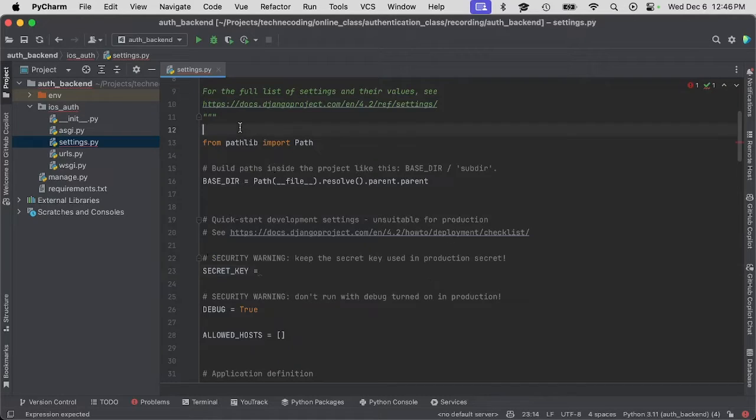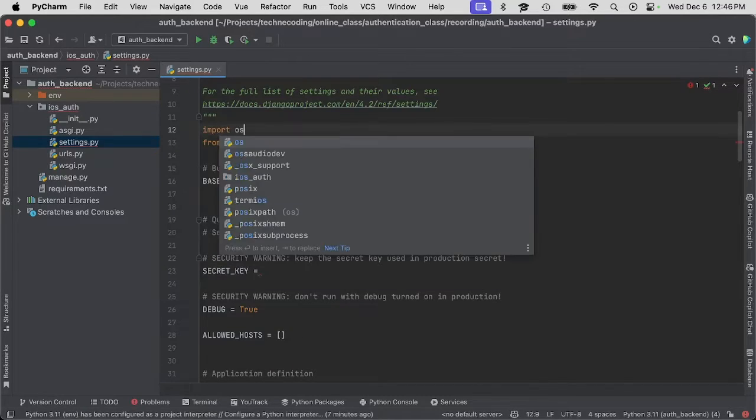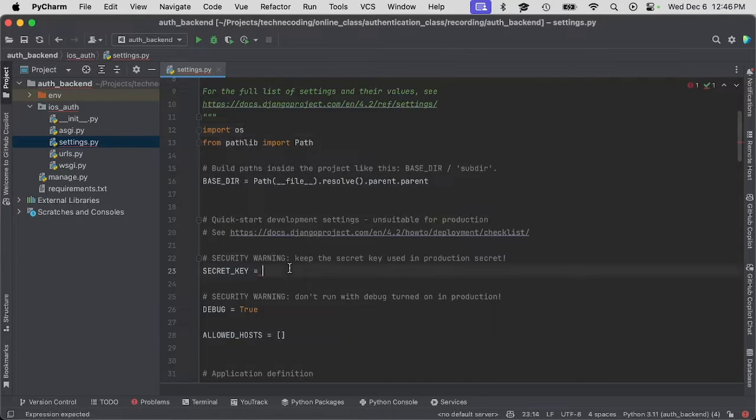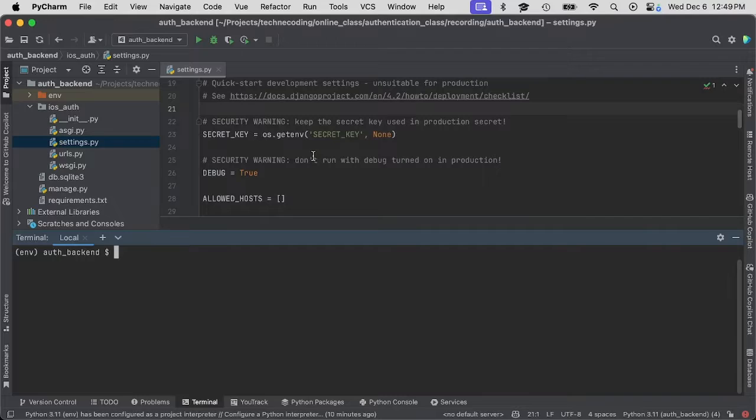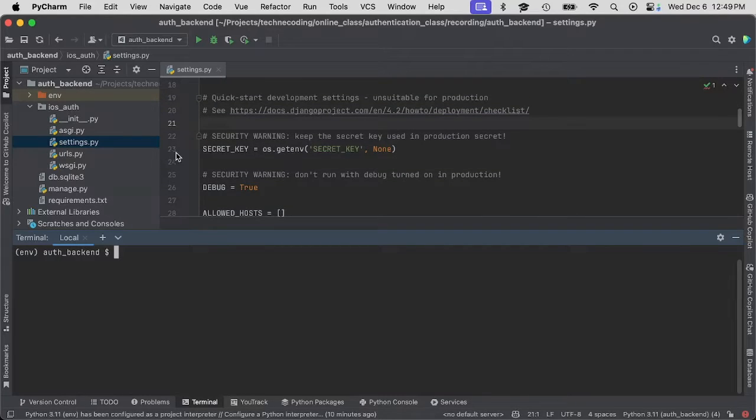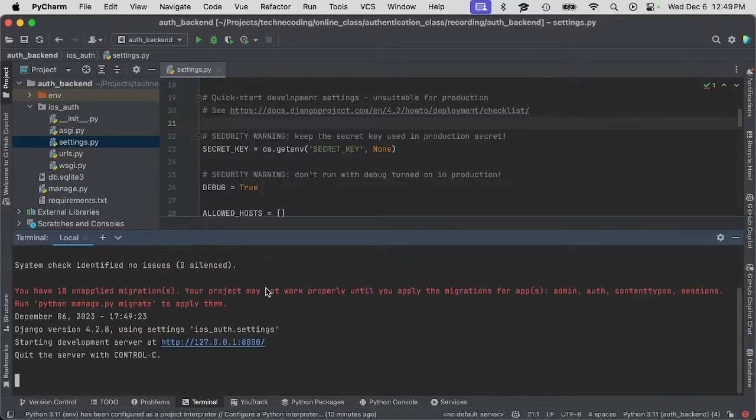To do that, we need to import the OS library, and then we need to start switching. Okay, so just to show you real quick, if you ever need to set an environment variable, you can do so within the terminal if you need to run the project. Typically when you run a Django project, you would type in manage.py runserver, and that would start running the server. But if you want to add that secret key to it, you would actually type that out